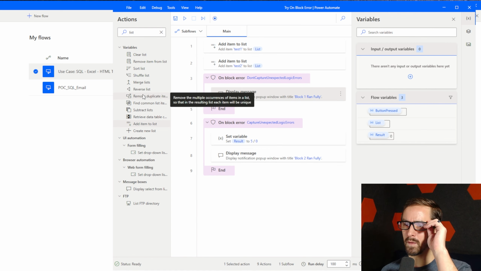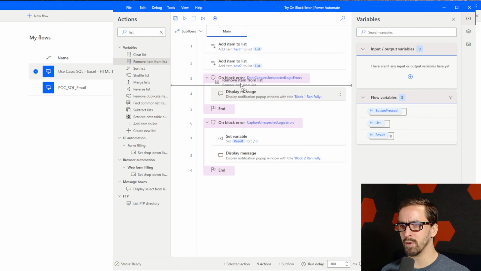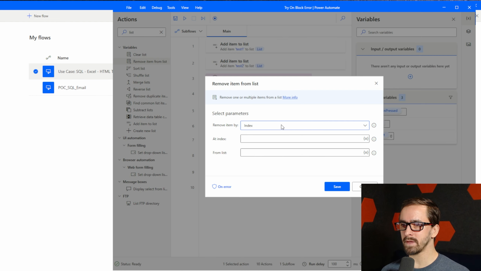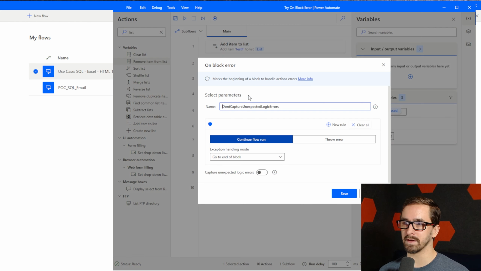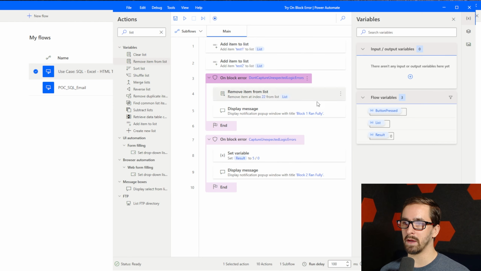Let's say, remove item from list. We're going to choose to remove the item by the index. And we'll do index, like I said, something like index 22 from list. Okay, so there's only 2 items in this list. So trying to remove index 22 is not going to work. What it should do is, because I have this set to false, it will terminate the flow. And if I copy this, put it again in here,